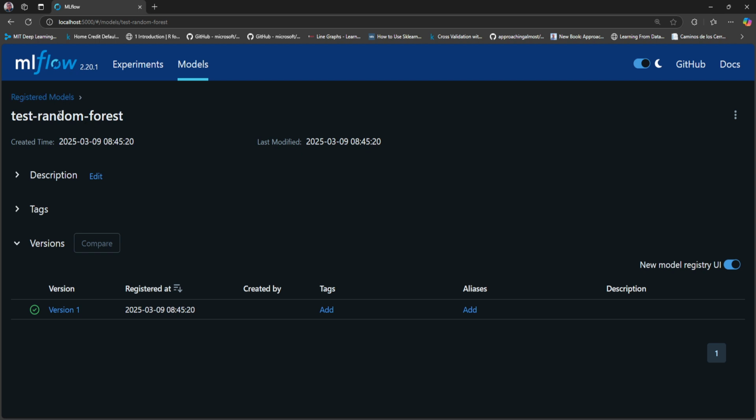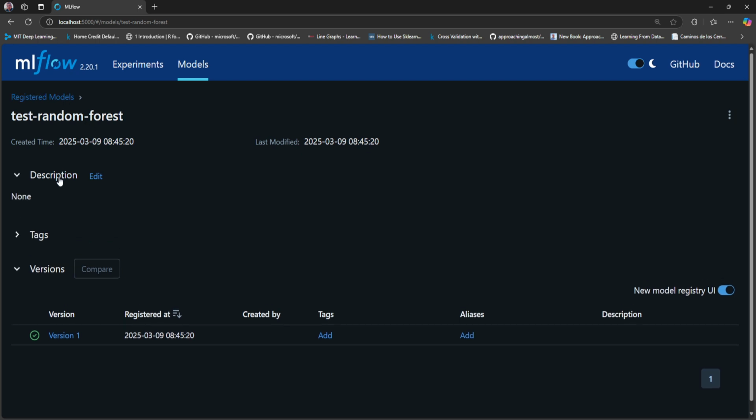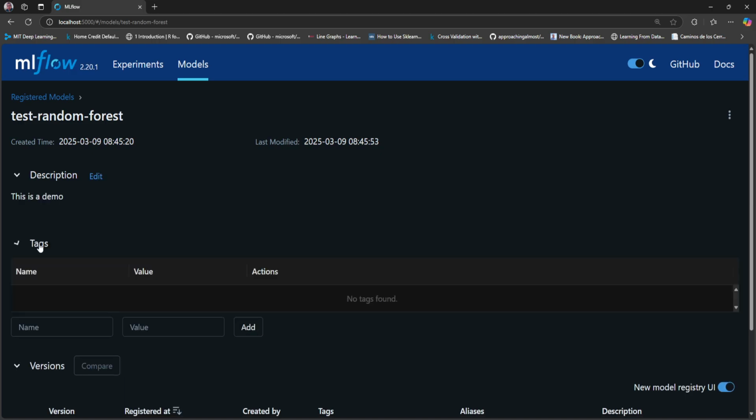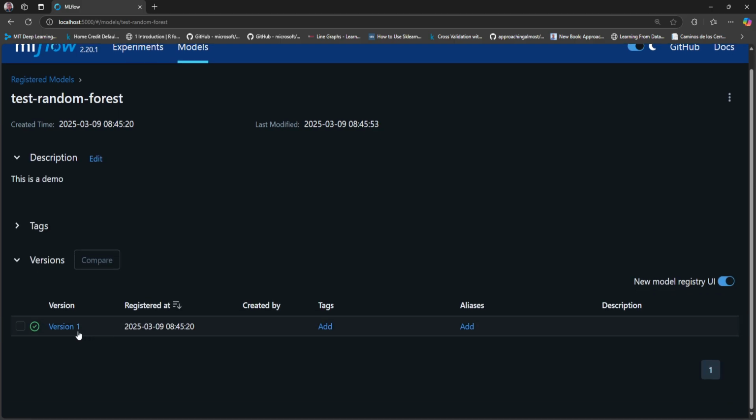So in the model, as you can see here, I can provide a description. Maybe I can edit here. Let's say, for example, this is a demo. We have tags, versions, and as you can see here, we can track multiple versions. For example, you have the first version of the promising model, but you can keep working on improving that performance, right? Which means that you will generate more versions of that particular model, and that's something that you can track here. If I click on the version,